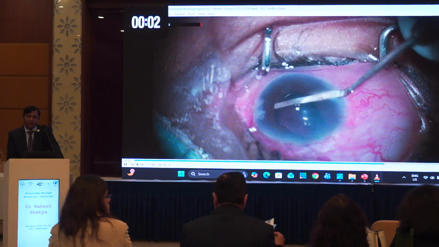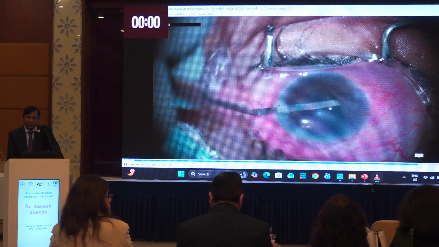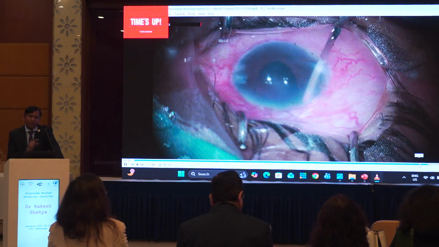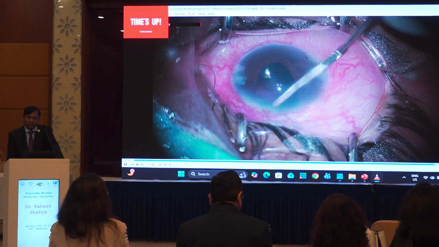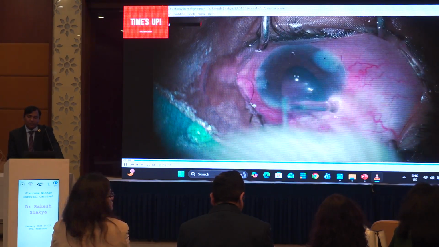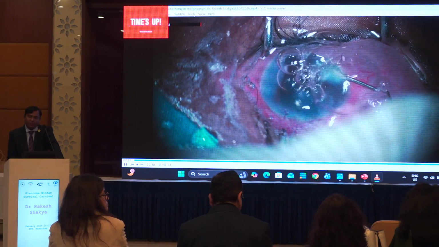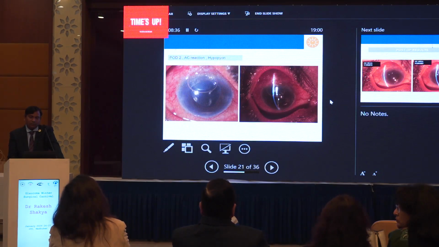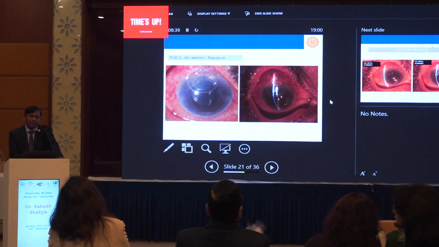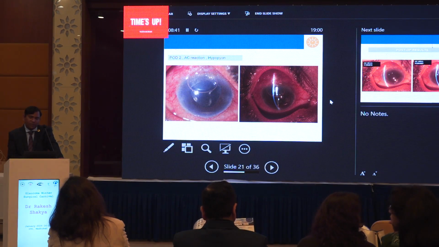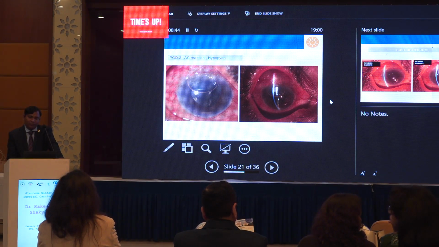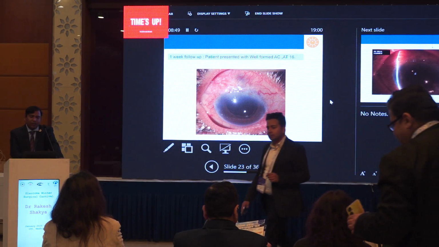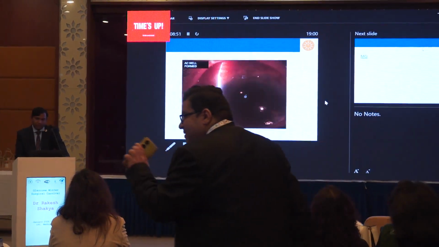And then we remove the synechiae also, and the pupil becomes slightly circular, and the iris is repositioned, because the iris was also touching the ostium. So during the completion, we put the air bubble also. In the first post-op day the AC had a reaction, there was some hypopyon, but over 4 to 5 days the hypopyon is gone, and the chamber became deepened, and you can see the formed AC also, and the IOP became controlled.